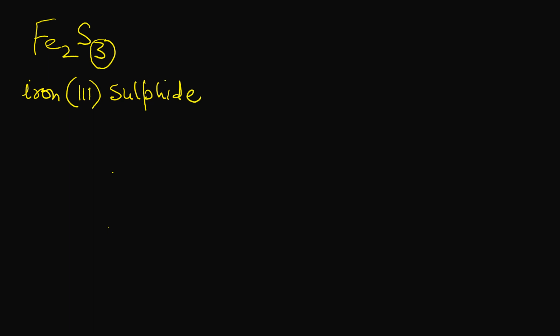Correct? We know that we can just simply crisscross here. So iron for 3 and sulfur for 2, right? If it was, let's say, a reduced compound, let's say if I say Cu2O, and let's say if I have another compound CuO, this is where sometimes students get confused. Otherwise, normally looking at here, this subscript on the non-metal actually gives you the idea like what valency of the